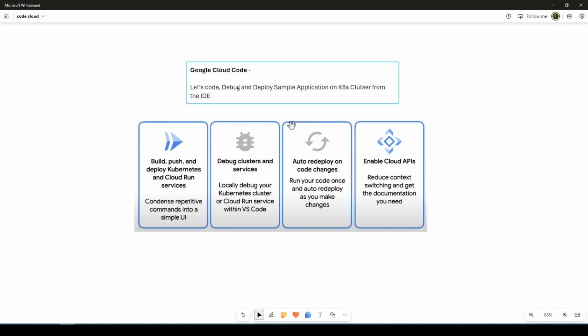So Google Cloud Code will help you to build your code, debug your clusters and services, and then auto redeploy on code changes. And you can also explore other cloud APIs. Let's say you want to explore Compute Engine or a database with your container application, then you can enable it from your IDE. Okay,